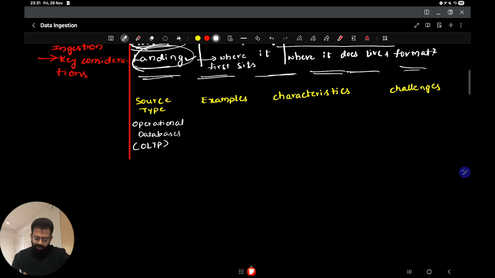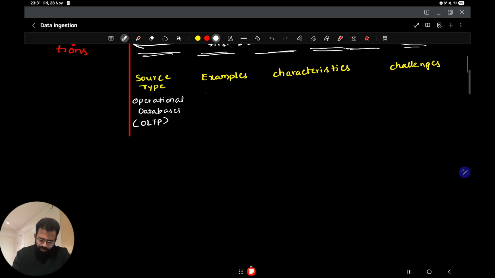Okay, and examples of these sources would be, for example, Postgres, or SQL Server, or MySQL, and of course everyone knows MySQL as well. So these are some of the examples of operational databases. Okay, and if you want to talk about the characteristics of operational databases,